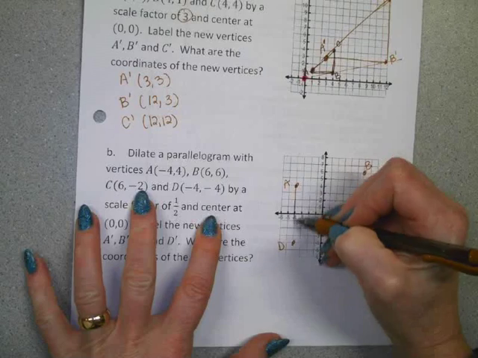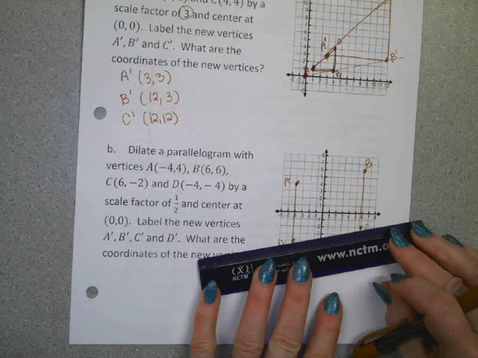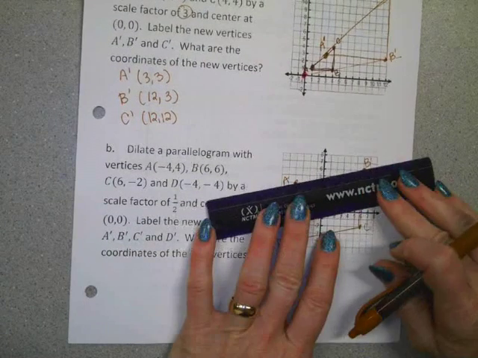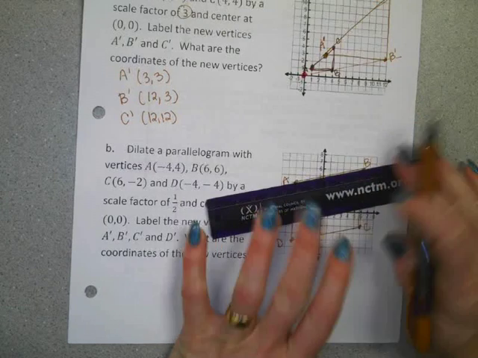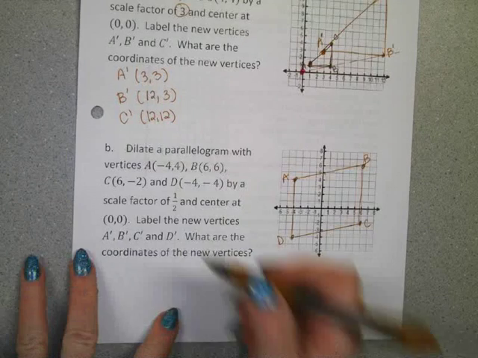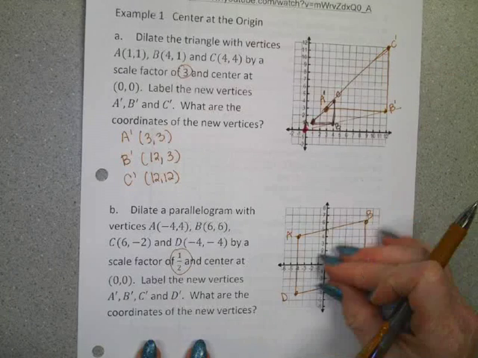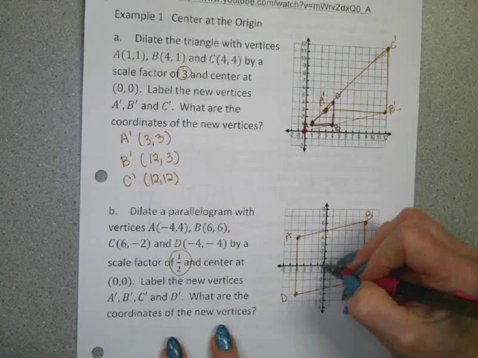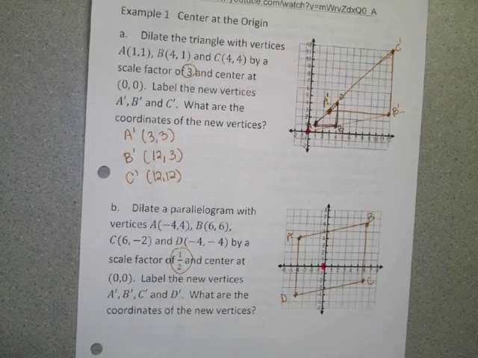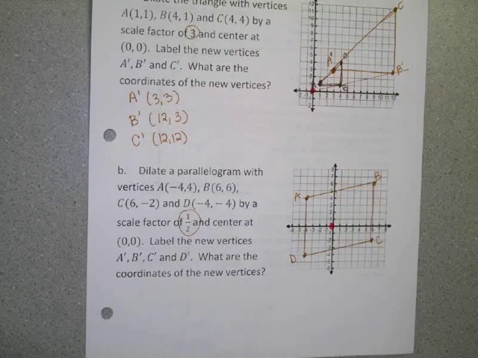Again, I'm going to connect my points. Use a straight edge just so I get a little bit better shape. This time they want me to do a scale factor of a half. So now instead of my figure enlarging, it's actually going to reduce inside. The point of origin is still here at 0, 0. That's my point of dilation at 0, 0. So as we did on example A, because it's at 0, 0, I'm just simply going to do half of each of them. So